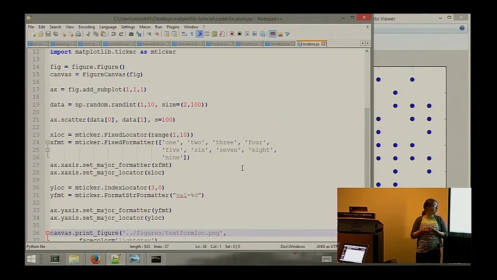We have what's called the index locator, which is set a tick at every second or third or fifth or some base, set a tick at those places. So in this case, set a tick at every third interval. And it has an offset, in this case 0. Our offset is where we should start counting from. So this says the first one's going to be at 3 and then at 6 and 9. And so if we run this one now,